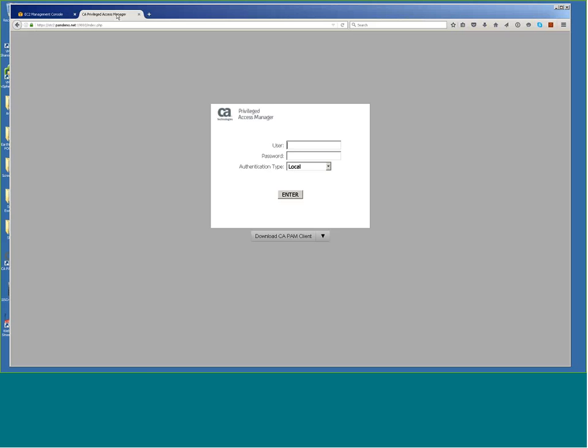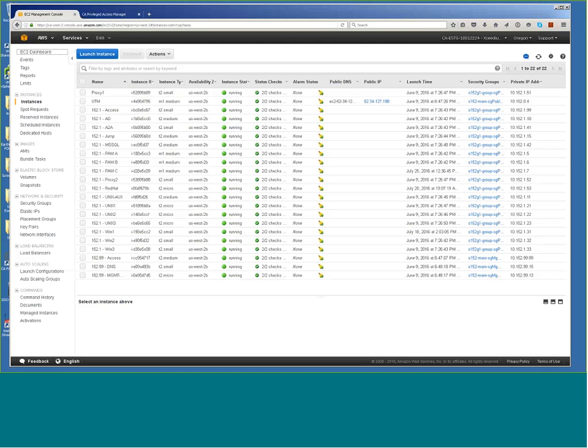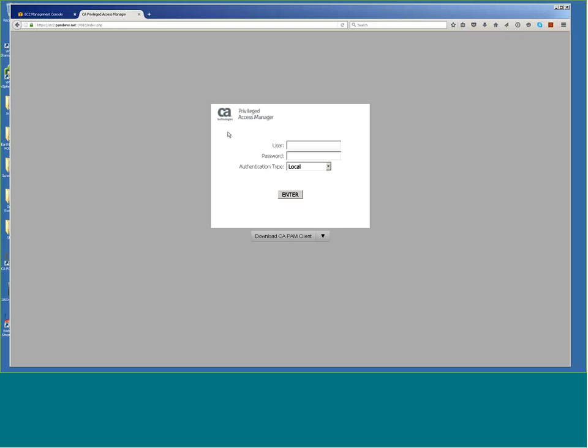You can simply connect via a web browser. We accept multi-factor authentication, which is another way we can take the overhead off of your administrators. Usually with multi-factor or second factor, there's software you're going to have to put on all your servers. To do multi-factor here, I would typically have to install multi-factor software on every one of these instances. With CAPM, because of the way we integrate with multi-factor, we do the authentication here. So it really simplifies management of that environment for your administrators.